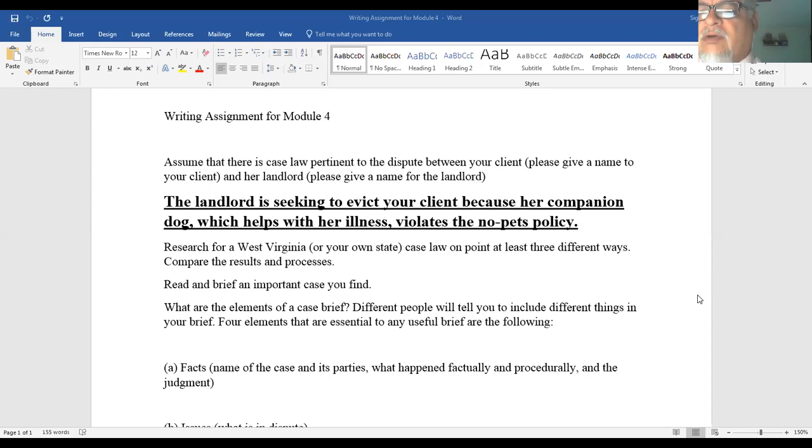So first of all, we have to look and see what the question presented is in order for us to start a legal research pathfinder or a legal research trail. So now we're talking about landlord tenant law. Right at the beginning, it says the landlord is seeking to evict. We're talking about an eviction action from a landlord to your client, who's obviously the tenant, because her companion dog,